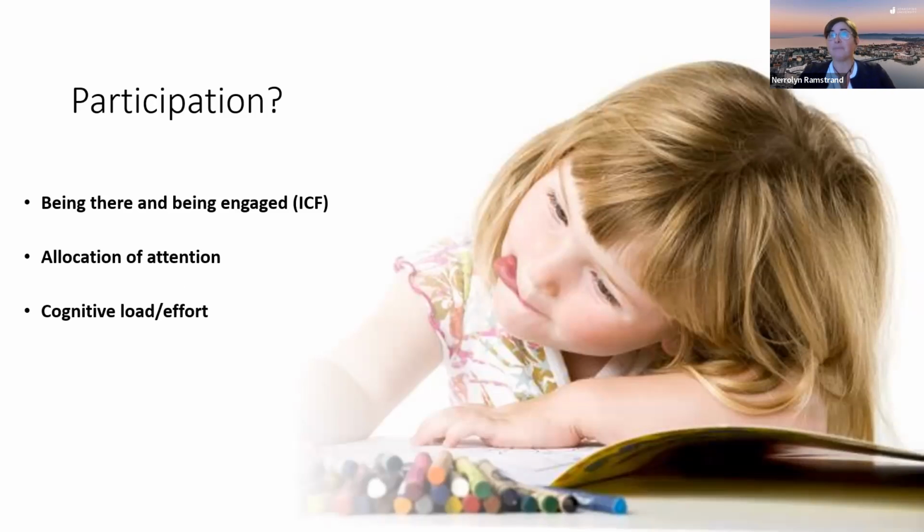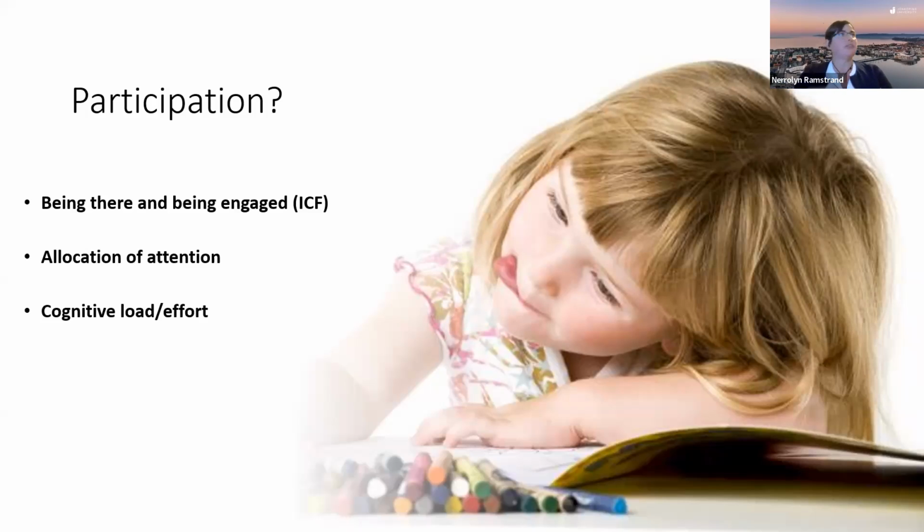That's easy to measure. The next part of participation, being engaged, is much more difficult to measure, because he could be standing in the middle of the football field, which he often does, and staring at the stars rather than looking at what's going on in the game. So he's not engaged in the game. So in order to participate in an activity, we need both of these things. We need to physically be present, but we also need to be able to engage in what the activity is. So this requires allocation of attention.